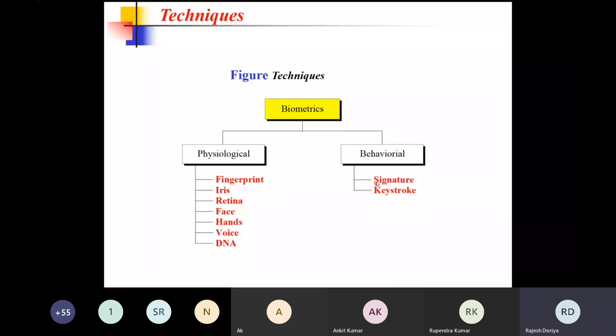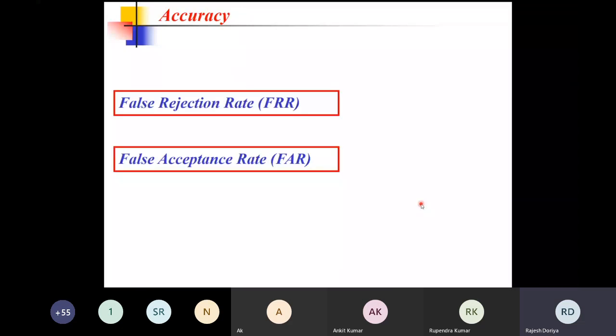So this is not the most effective one, but at some places it is also used to prove identity. So these are the techniques which were discussed, and we can measure the accuracy by two things. The false rejection ratio, where the system should verify a person, but falsely rejects that identity. And the false acceptance rate, where the adversary has falsely been given entry. So this is your latter case.